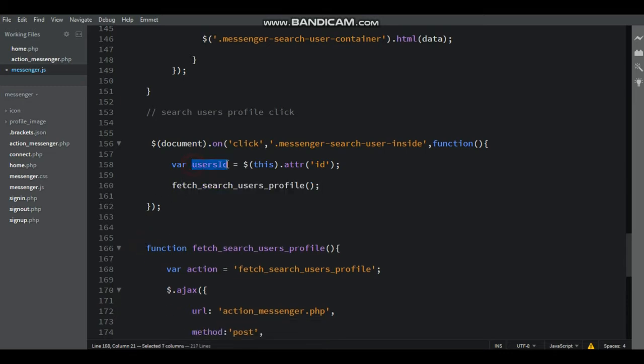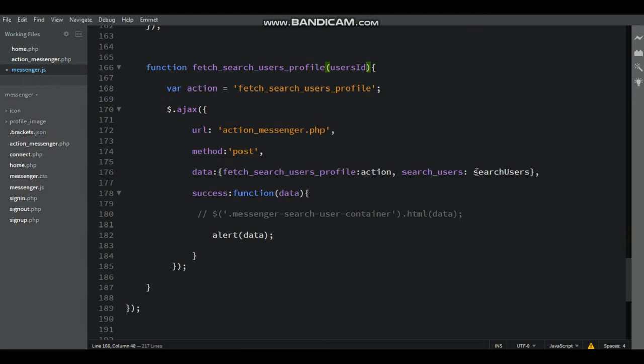Here the user's ID, paste inside the paste search users profile function, and then also send the user's ID to the server using the post method. The URL is the action messenger.php file.